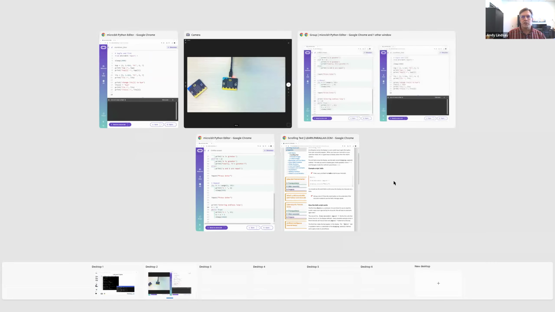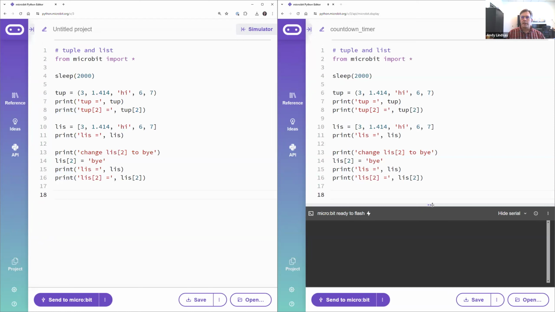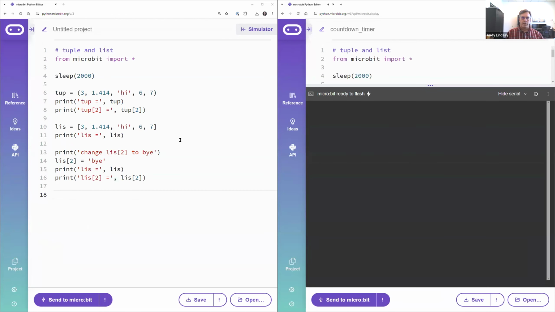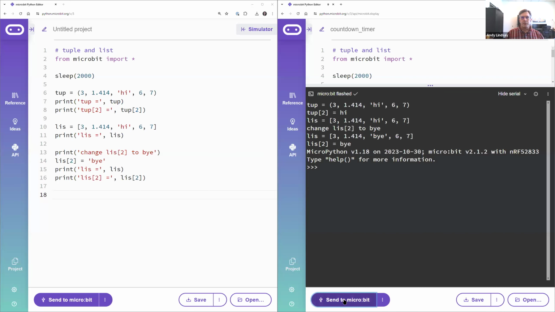Okay, so this one is going to be using print. I pasted it into you already. And lists and tuples are a way to essentially collect a group of values. And when we run it, it's going to display a whole lot of stuff pretty quickly. The first part is where it declares